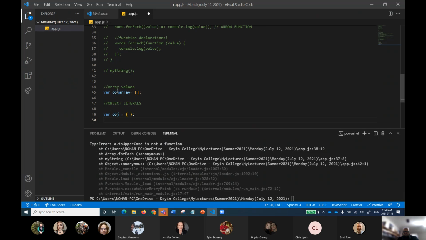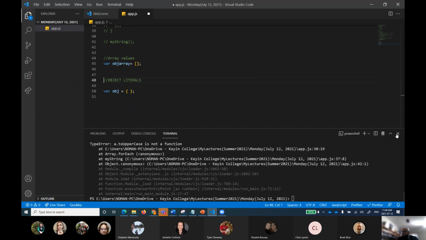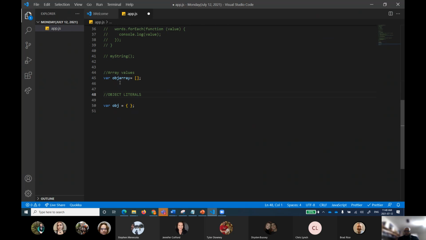Now, why am I writing array together? Because I want to just differentiate that, and you will appreciate that values when I will just combine them. So an object array is defined like this. Array object is defined like this, and an object literal is defined like this with curly braces.